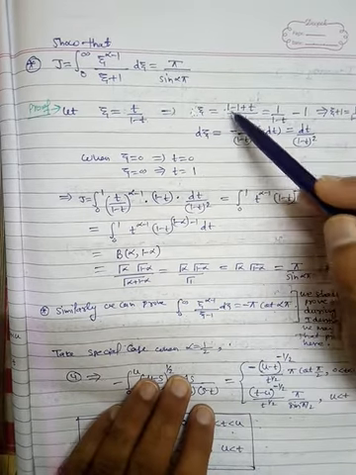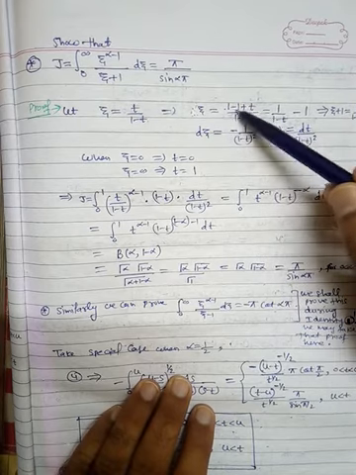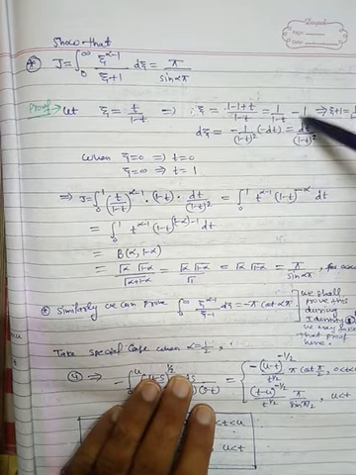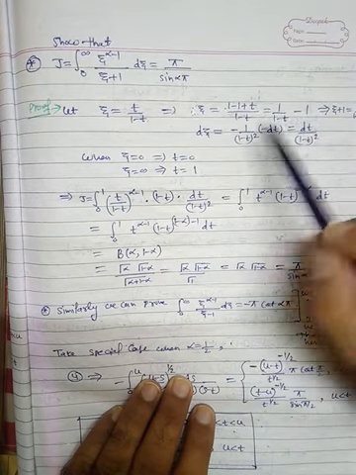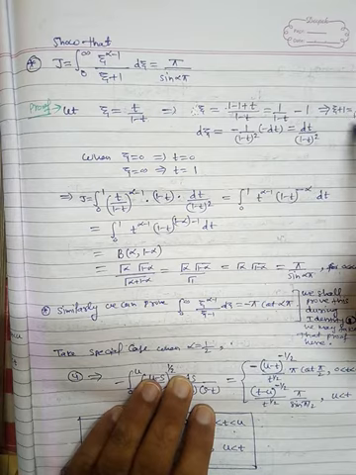So this can be 1 upon 1 minus t separate, and from here minus, you will take minus common, so we get 1 minus t here. So 1 minus t divided by 1 minus t, so we get 1. So this minus 1 is taken to the left hand side, so we get xi plus 1 is equal to 1 upon 1 minus t.